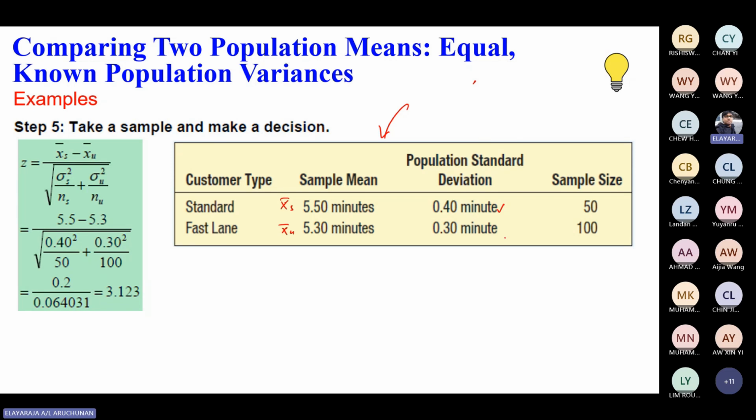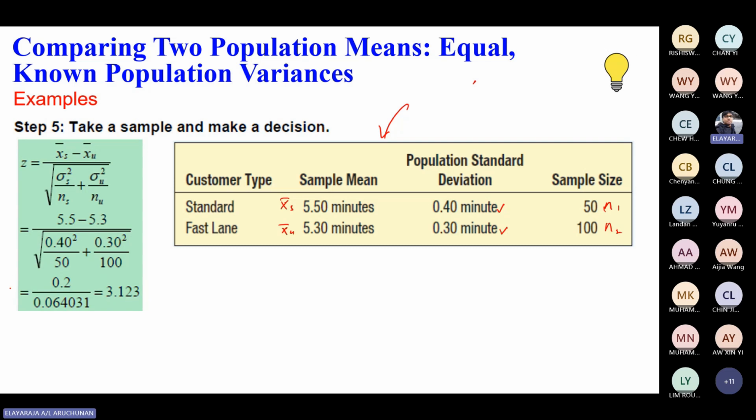The population standard deviation for the standard checkout lane is 0.4 minutes, so we substitute 0.4. For the fast lane it is 0.3. We square them to get the variance and divide by the sample sizes. N1 is 50 and N2 is 100. Simplifying it, you get